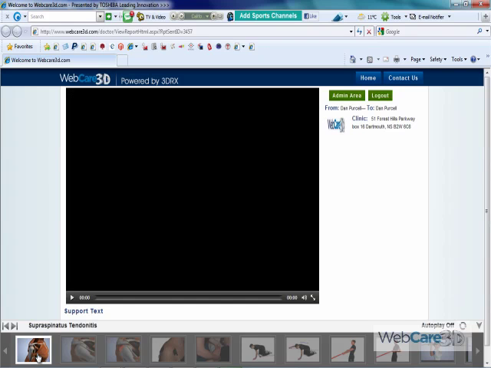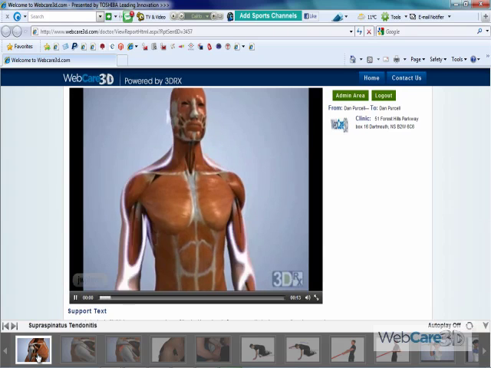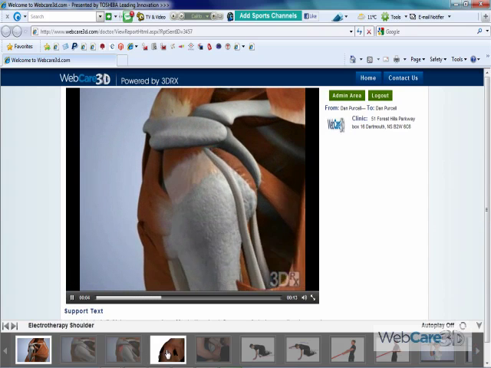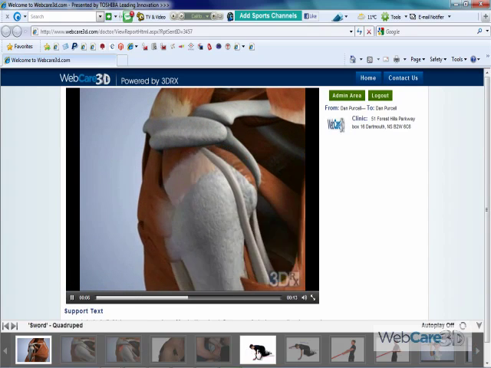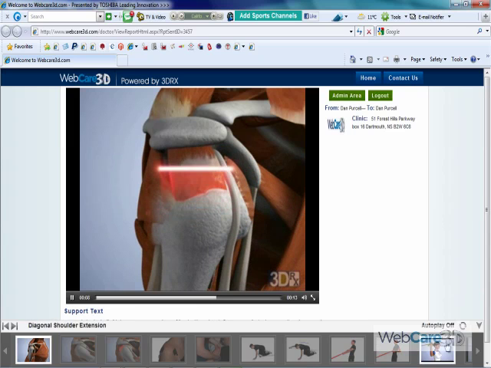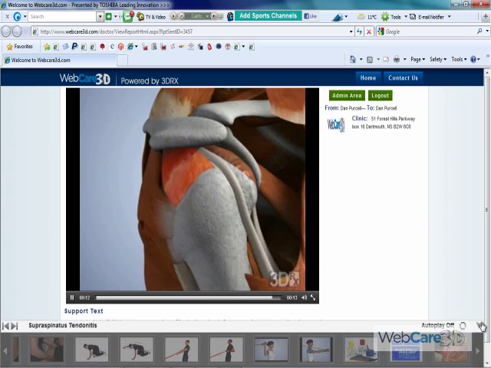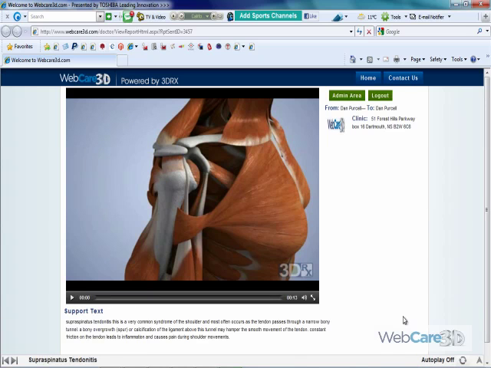It'll include the animation that you've selected for them, as well as some of the clips that you've taken out of that animation, and go through the treatment options as well as the rehab exercises, and all the way through to the support items. All of these items come with support text that you saw in the site itself, and provide the patient with a great opportunity to review the information that you had provided for them in the clinic,